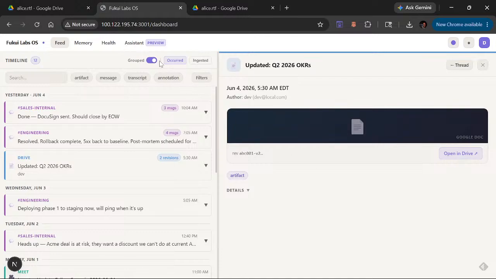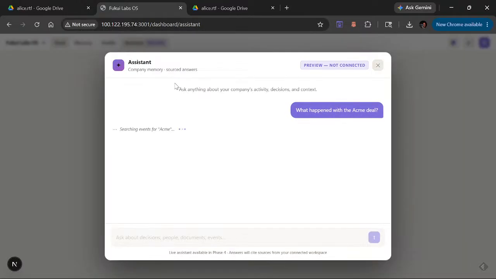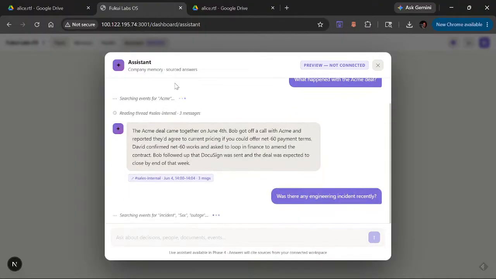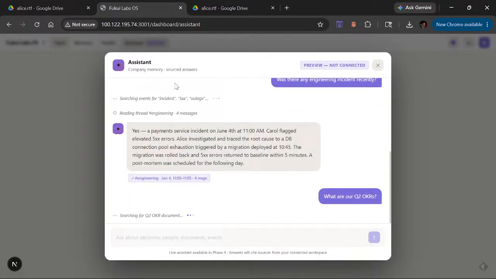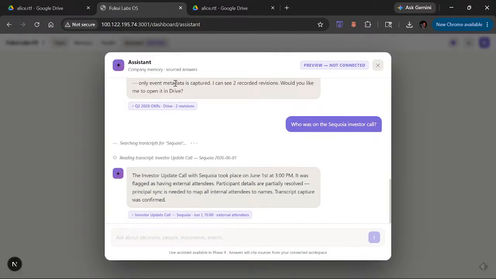Oh yeah, and one last thing. This is the connector health. It shows the different connectors and when they last ran, and how many events they found. And then there is the assistant. This is basically the AI agent. Well, the agent is something that's running autonomously in the background all the time. This is more like